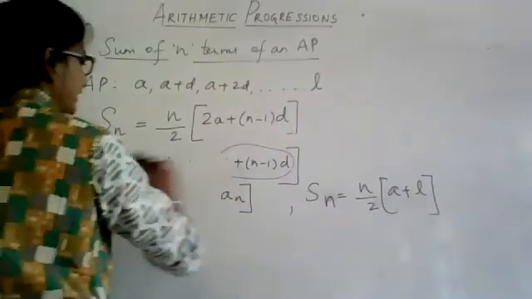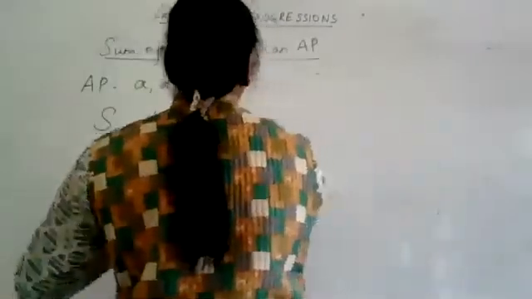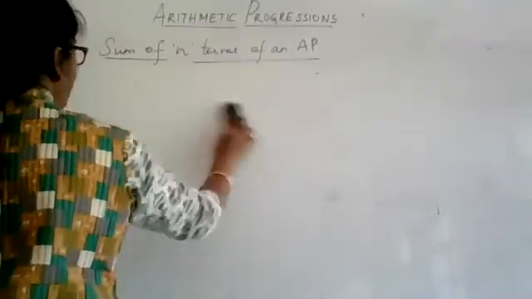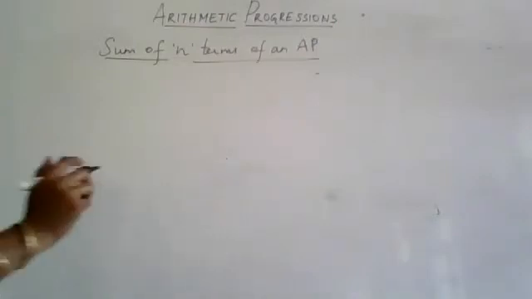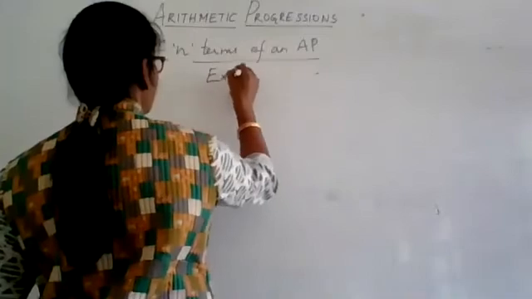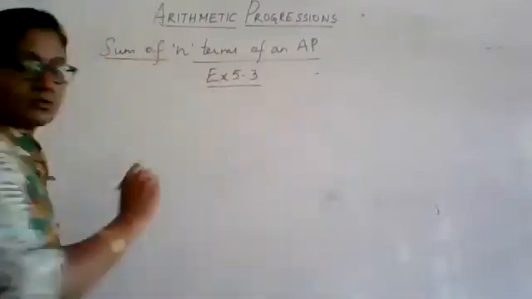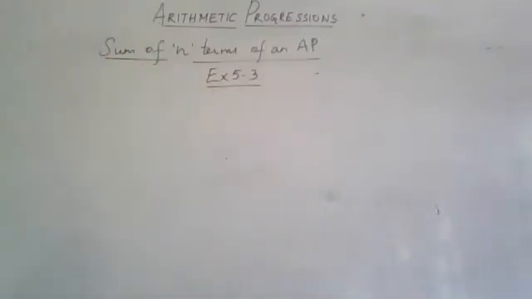So we'll go on with at least 1 or 2 problems. Before we close, we will rejoin to discuss the activity that we are going to take, because that deals with the sum of n terms of the first n natural numbers. Okay, we are on exercise 5.3 quickly. At least 1 or 2 problems to make you apply the formula there.